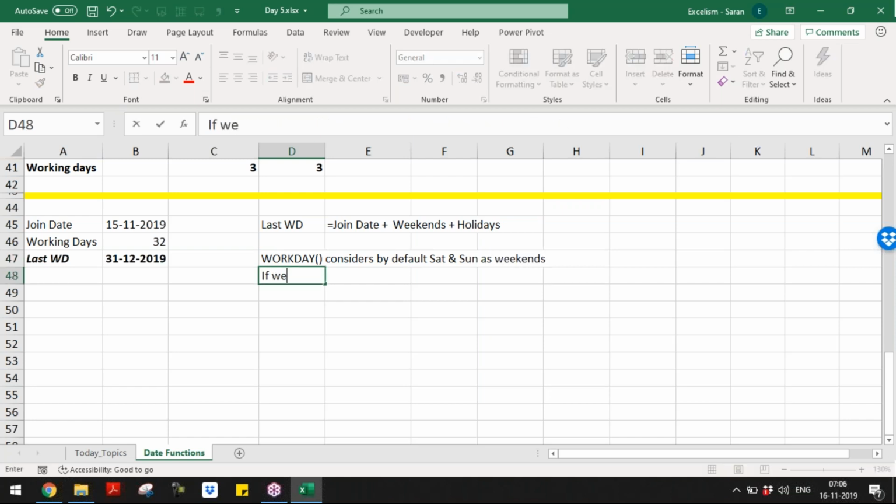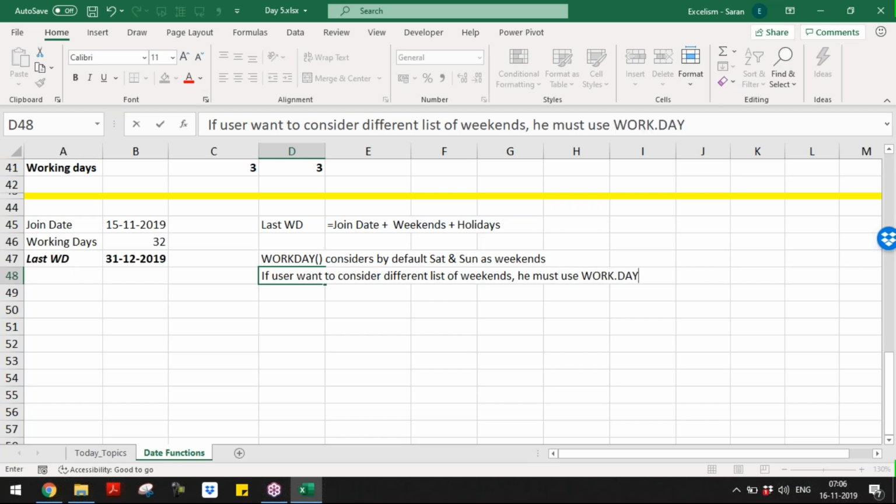If the user wants to consider a different list of weekends, which function must he use? Just as we have NETWORKDAYS.INTL, there is one more function introduced, WORKDAY.INTL.